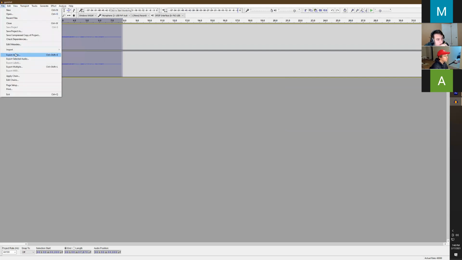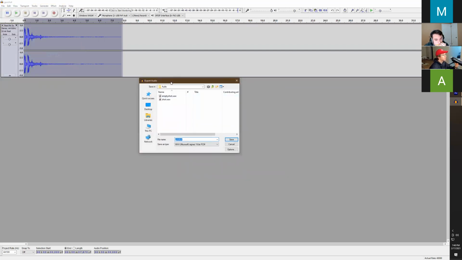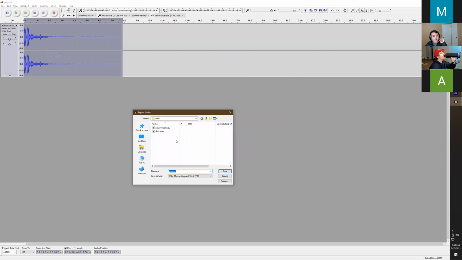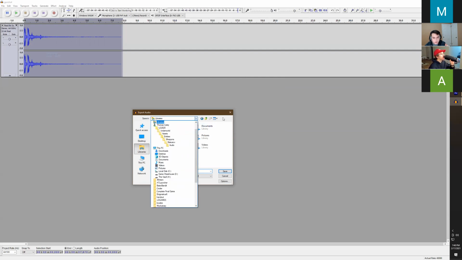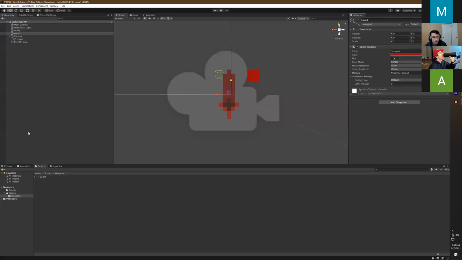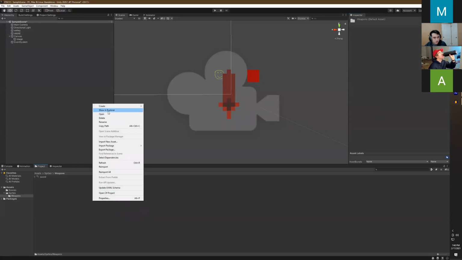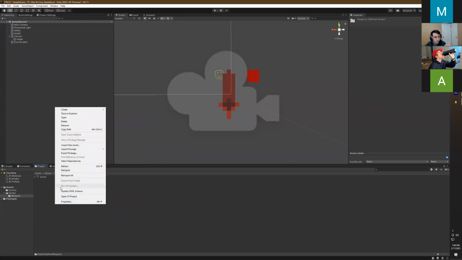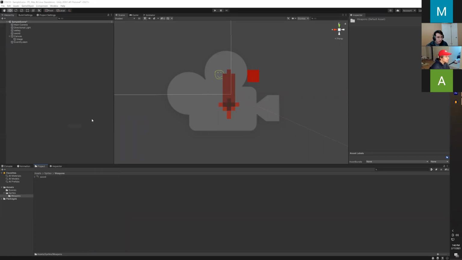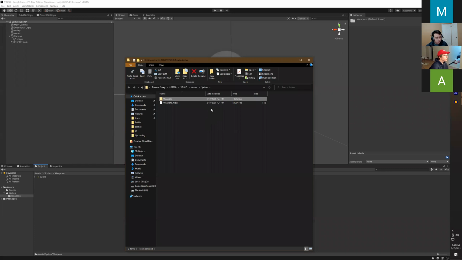And then we'll do File, Export Audio, and put it into wherever our project is. So I have to find out where it is. In the project, if you want to figure out where your project files are, you can always right click on the project and do Show and Explore, and that'll open it up in Windows. Now you know exactly where you are. So I can just grab all this,